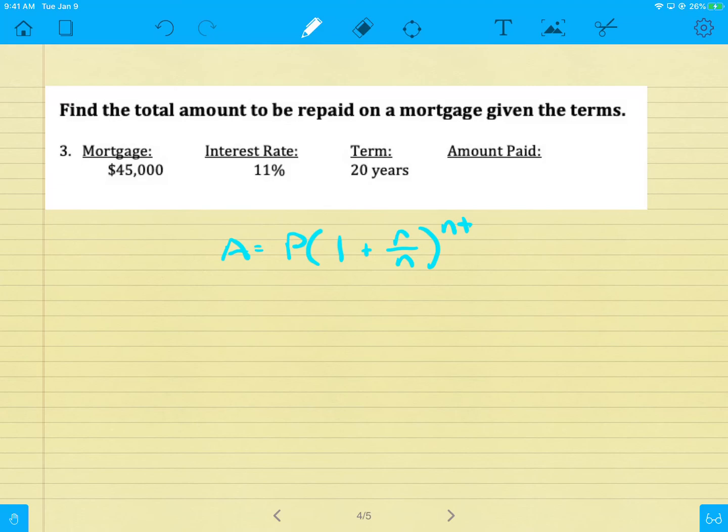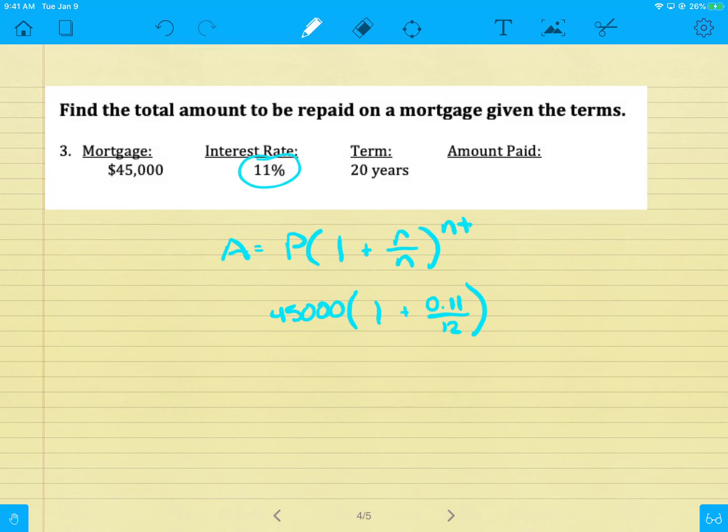So my principal, the mortgage that I'm borrowing, is $45,000. So we've saved some money. We are buying a smaller or a lower priced home. Maybe you did a big down payment on it. But the problem that's going to kill us is a stupid 11% interest. No one should be paying 11% interest on a home. Now we're going 12 months a year,